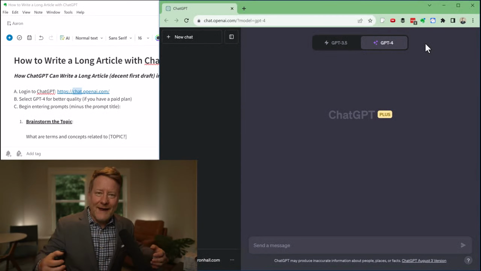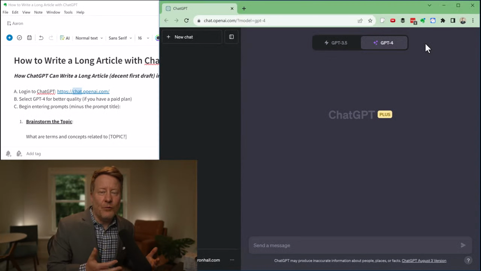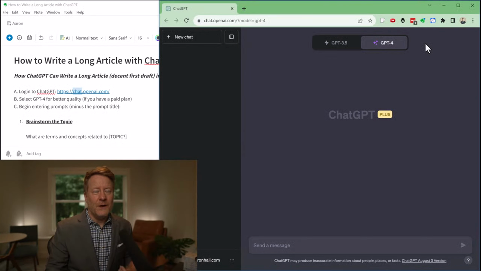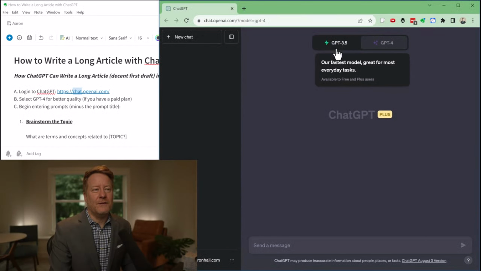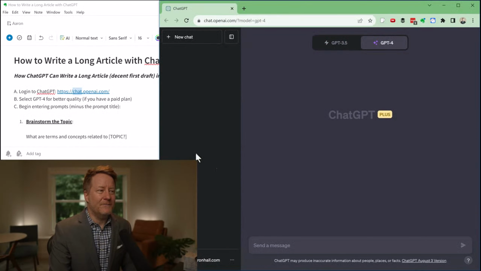There's just more data that's been used to train GPT-4, just like there's more data that a college senior has been exposed to. So if you have it, use GPT-4. It's $20 a month, and if you're using it a lot like I do, it's a very inexpensive tool. But you could do it in GPT 3.5 if needed.